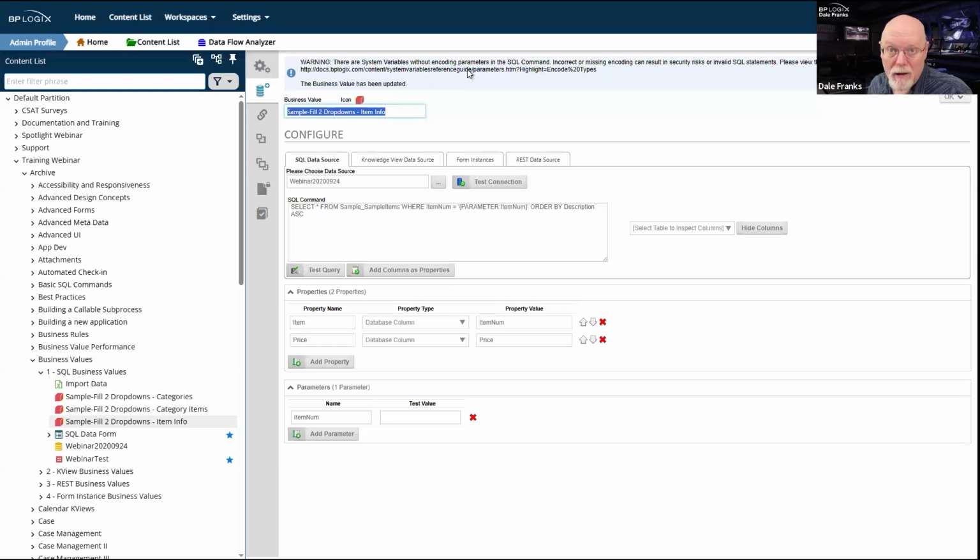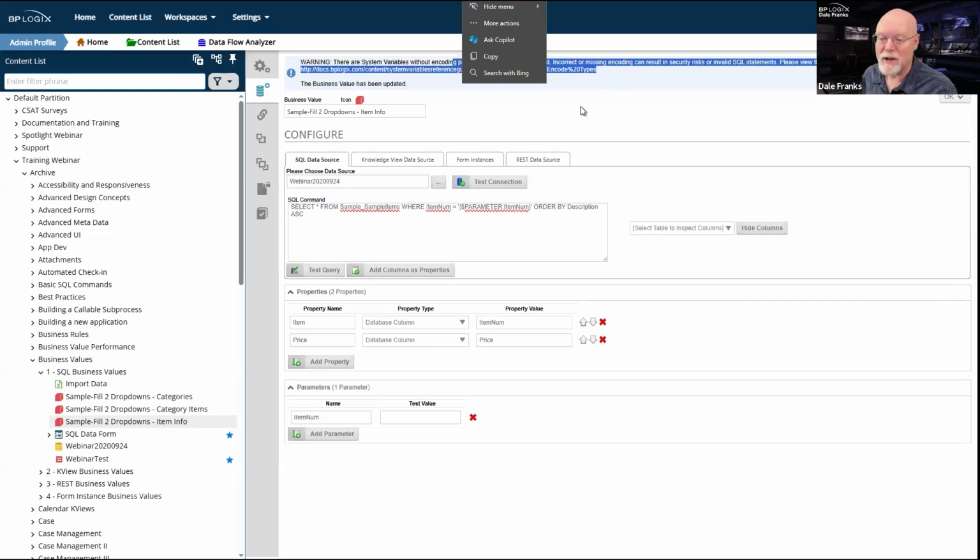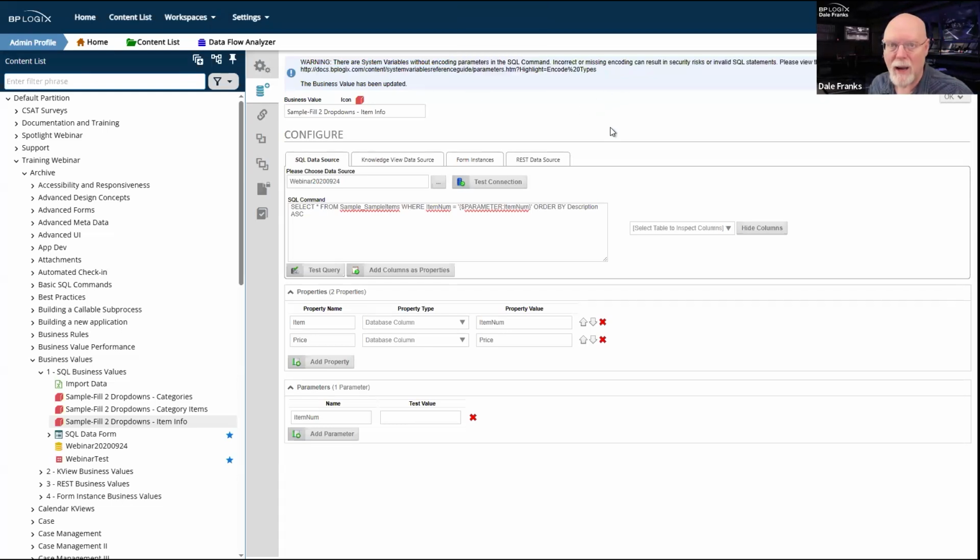You can, on your system, make it mandatory. Now, I haven't done it on this system largely because I keep it free enough so that I can cowboy my way through stuff. But you can, via a custom variable, require that anytime there is a system variable in a SQL string, the system simply will not save your SQL unless you use the encoding character. So you won't just get a warning up here. It will be an error message that says, nope, sorry, you can't save that because you're missing the encoding variable.